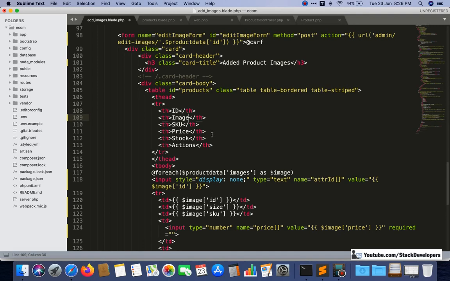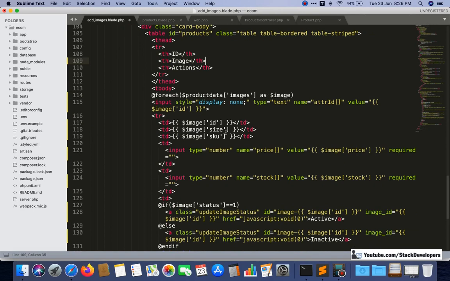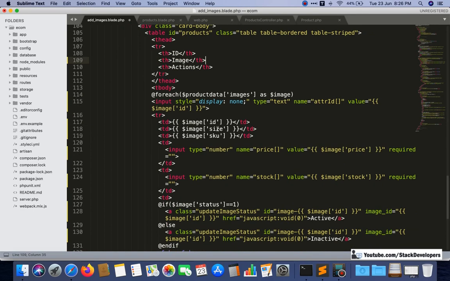Now the image will come up here, and this one is not required. See, here also only image has come up. We can give it like this right now, but later on we are going to update it.